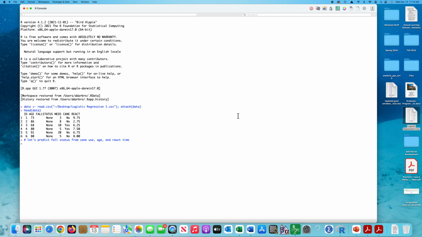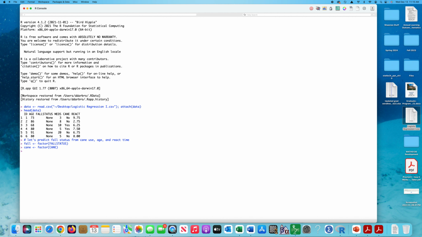So first thing we would want to do is I noticed that I have fall status and cane use. Both of these are categorical. So first thing I'm going to do is rename fall status as fall, because it's easier to type than fall status, and I'm going to force it as a factor, which I have to do. Next thing I'm going to do is the same thing, but I'm going to rename cane as something easier to type,